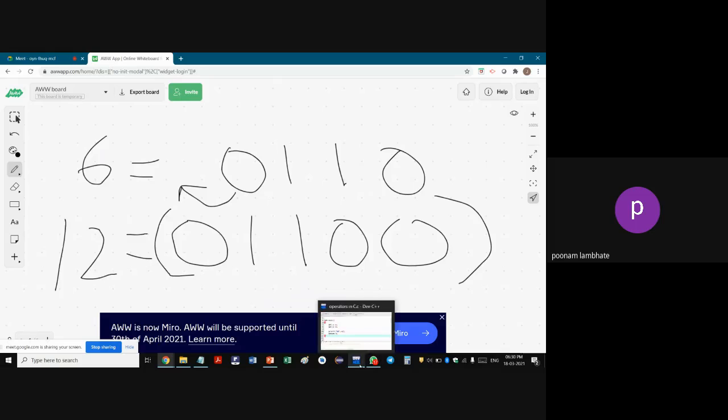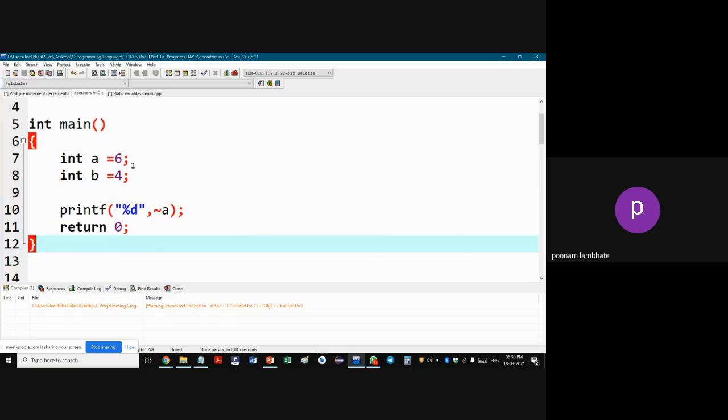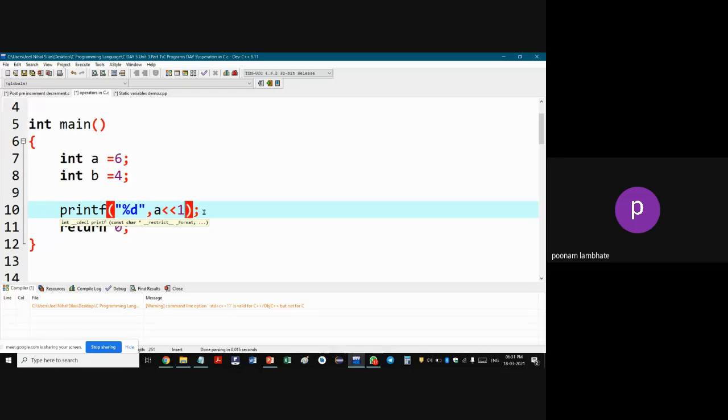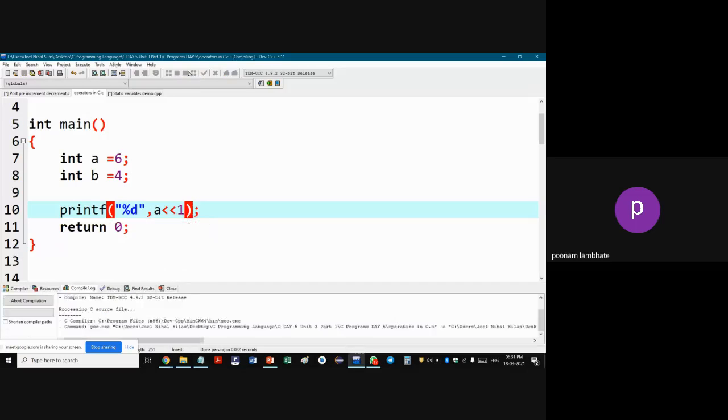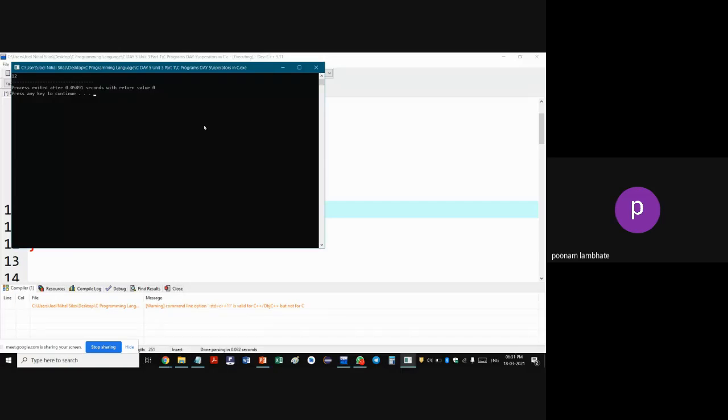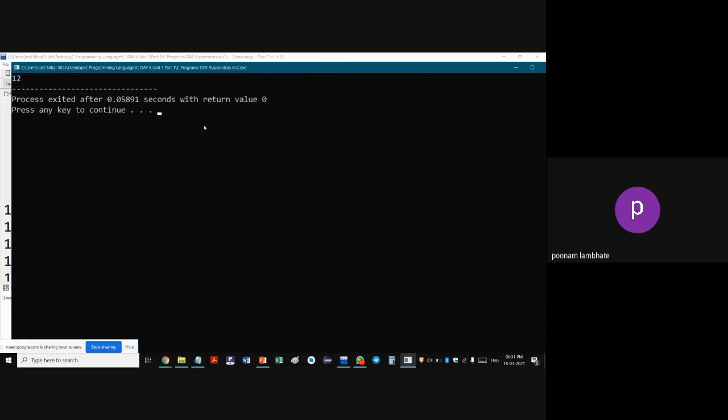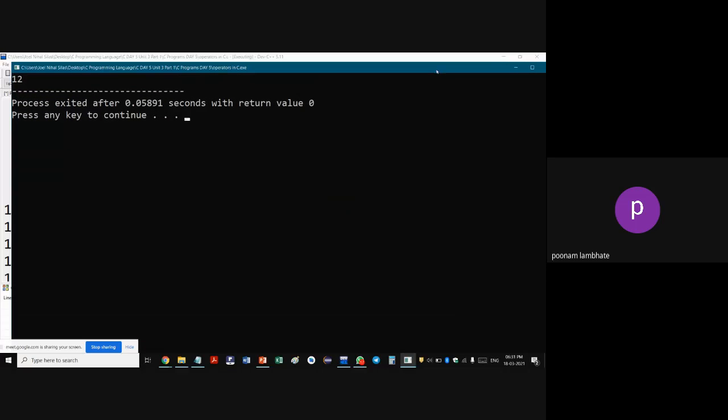So let us run our program and see what happens. A is 6. What I'm doing is A left shift by one position. A, 2 times left angular bracket, and 1. Just a minute. Yeah. So as you can see at the output, you are getting the number 12, which is